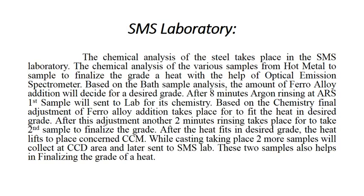Here, the chemical analysis of steel takes place. The chemical analysis is called a bath analysis. Here, the sample is collected and taken to the ARS, argon rinsing station, and then based on the reaction, the properties are estimated. Based on the chemistry of the product, they will add some chemical adjustment, that is, adjustment with ferroalloy